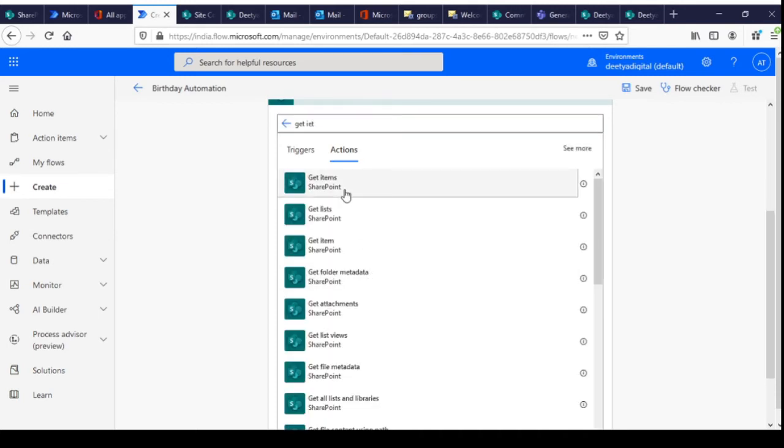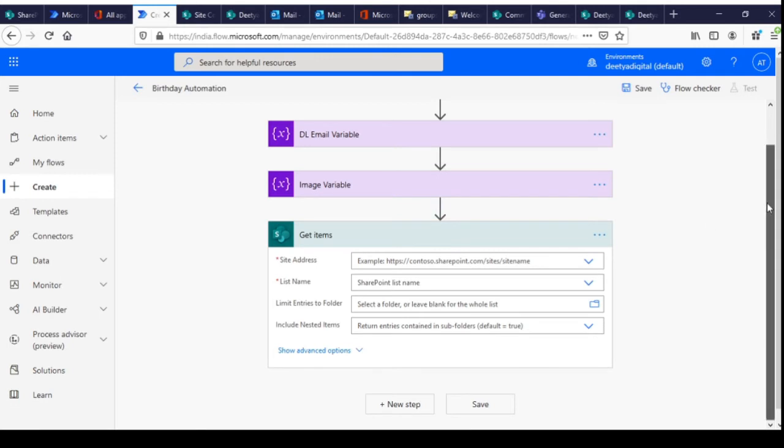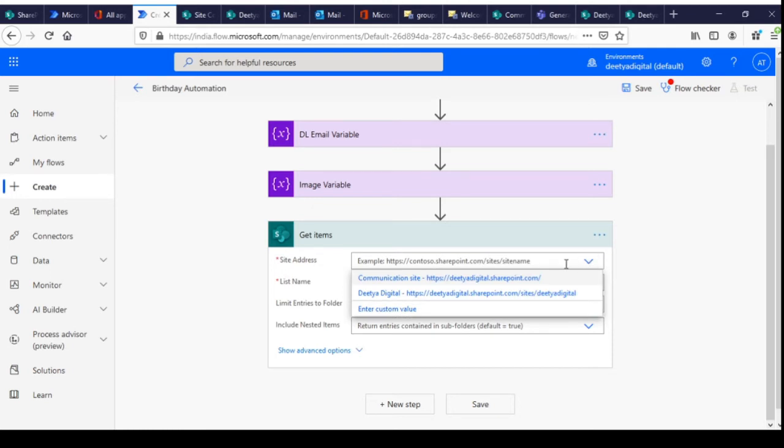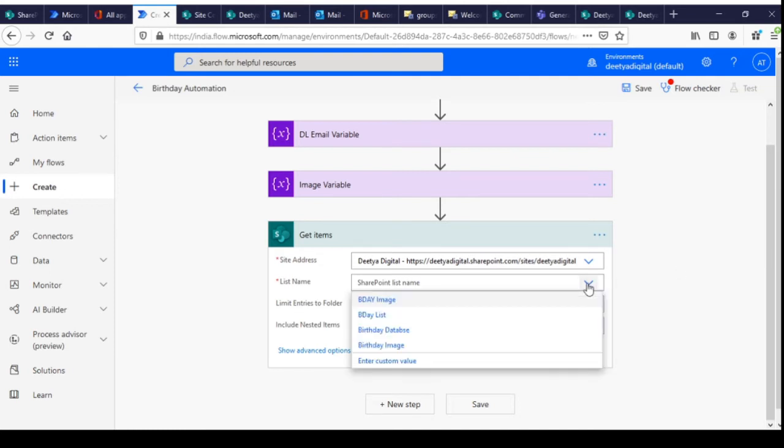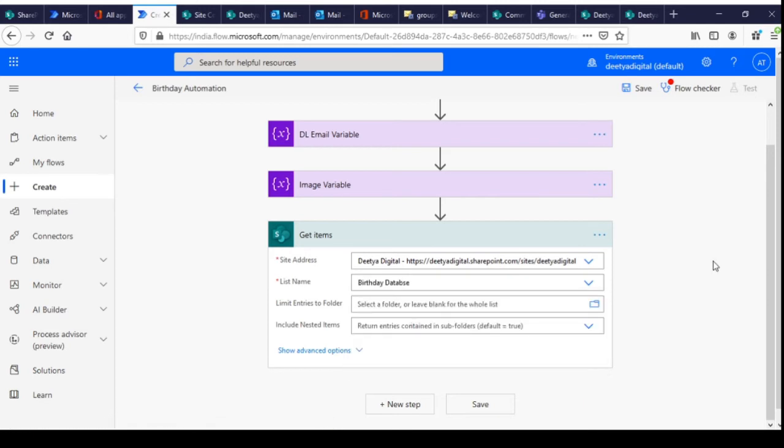Now we are going to call our SharePoint birthday list, and we are going to compare today's date with whatever birthdays we have in the birthday database.